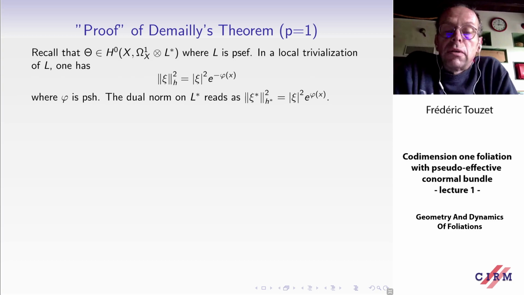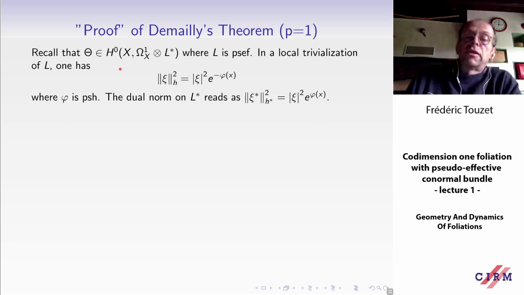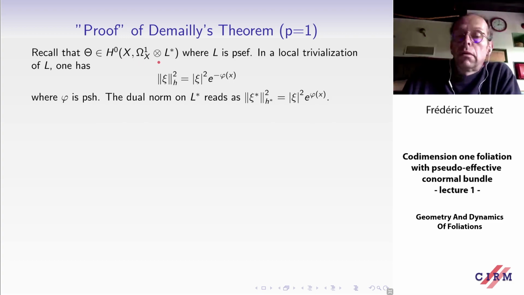So we're going to explain the proof for a twisted one form, but there is no real difference for a form of any degree. So the object that we consider is the form theta, twisted by a line bundle L, whose dual L star is pseudo-effective. And so,